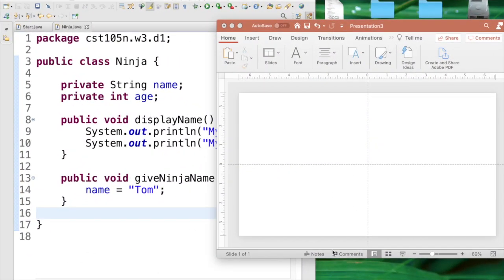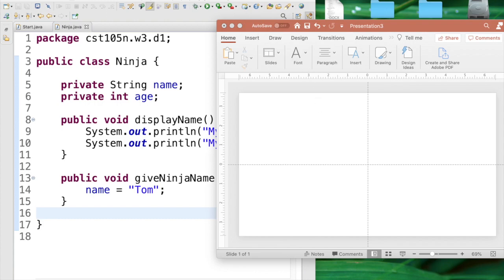Conversation about access modifiers and why they're important. And what I want to talk about is UML, or Unified Modeling Language. It allows us to create the description of what a class looks like. So to do that, we are going to use a little bit of PowerPoint, and you can use any tool,